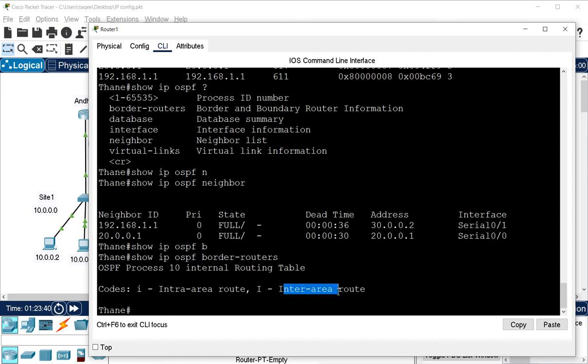That means this is i for internal within the routing domain, and capital I for external, that means outside of the routing domain. That is, we can say this is the BR, the border router, ABR, area border router, and this is ASBR, that means autonomous system border router. But right now we don't have any such router here, because we don't have any different areas. We have only a single area here.